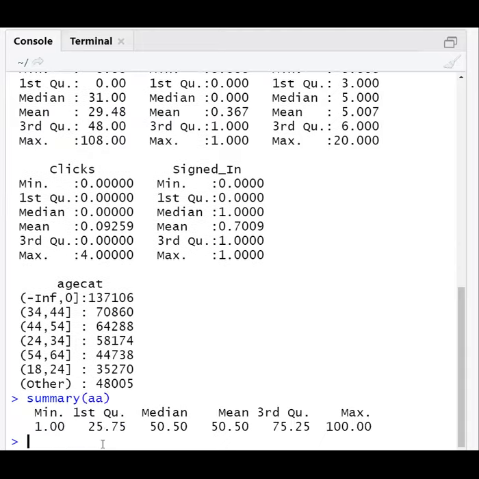You can run this on a simple example, and then we can run this summary on our 1 to 100. See, on 1 to 100, what summary it has printed: minimum 1, first quartile is 25.75, median is 50.50, mean is also 50.50, third quartile value is 75.25, maximum value is 100.